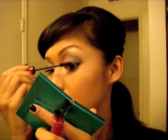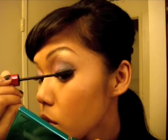Last step, of course, never forget this, is mascara. And I use Maybelline's Define-A-Lash Volume Mascara. Don't forget the bottom lashes. And that's it. Our Pandamonium Eyes Smoky Eye